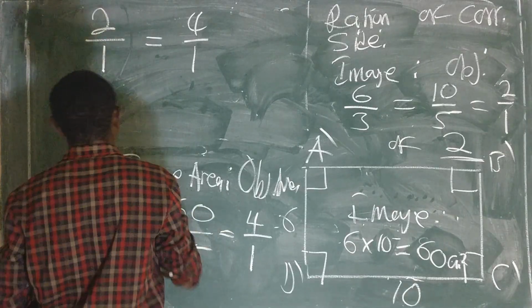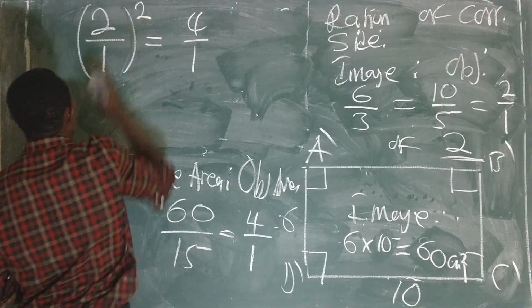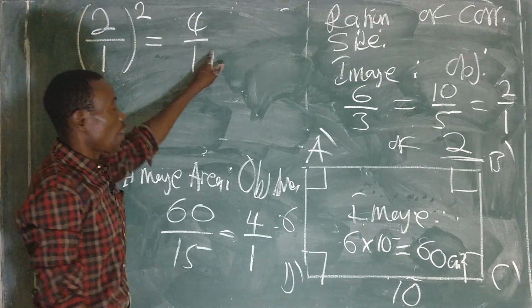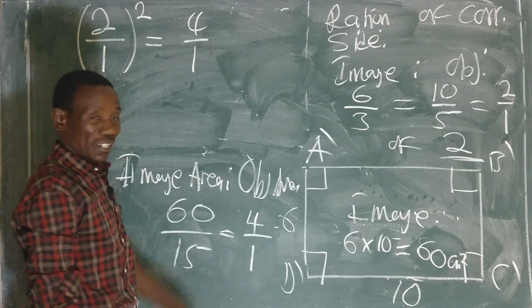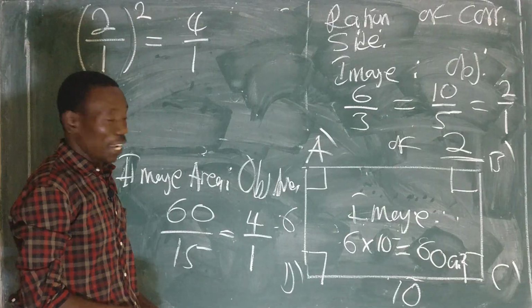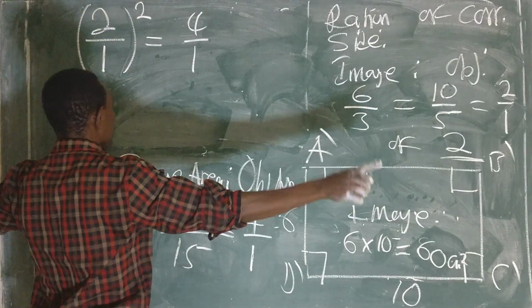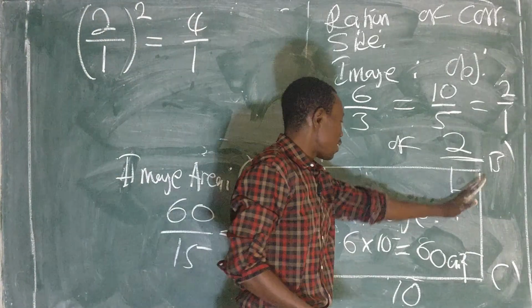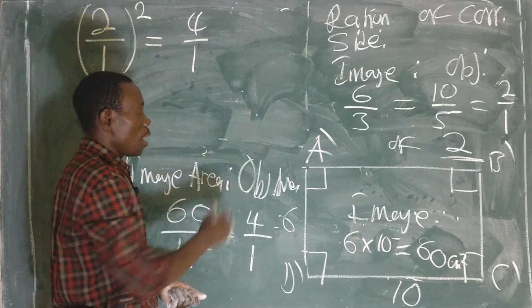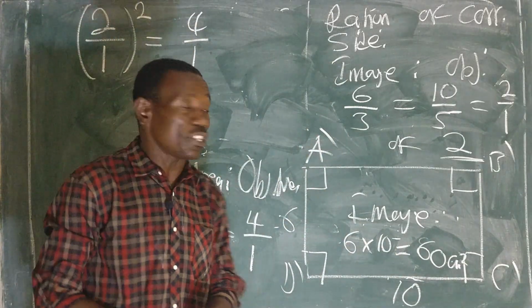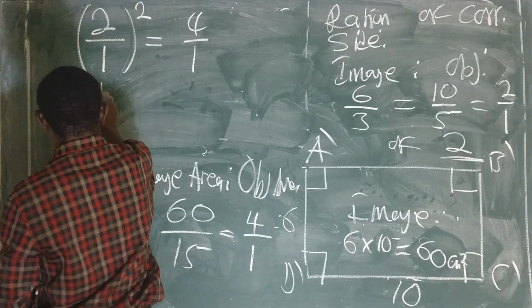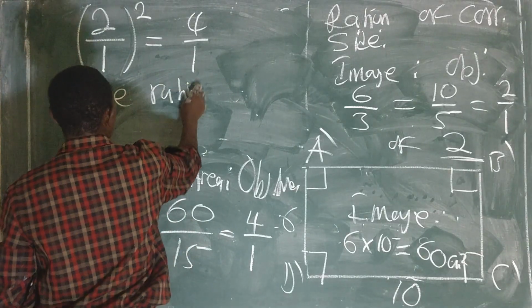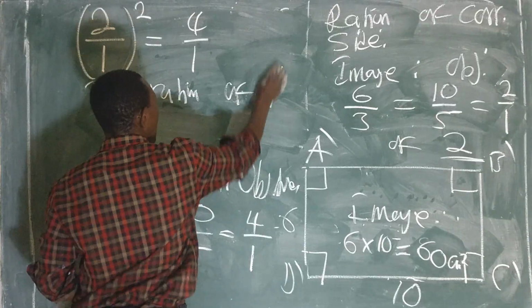sides. Right, so what it means here is just like when I square 2 to 1, that gives me what? 4 to 1. That's what we have here. And the conclusion that we get from the two rectangles that I have, I'm able to conclude by the statement which says that the ratio of the areas